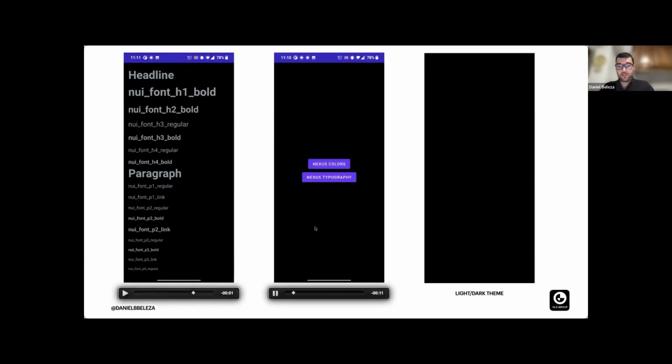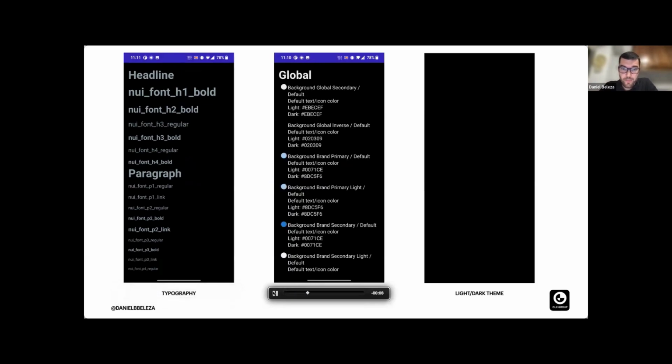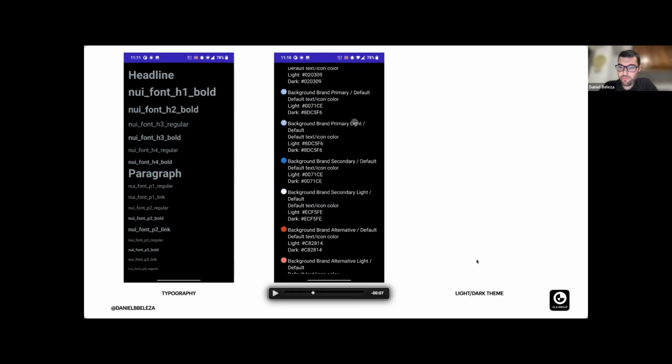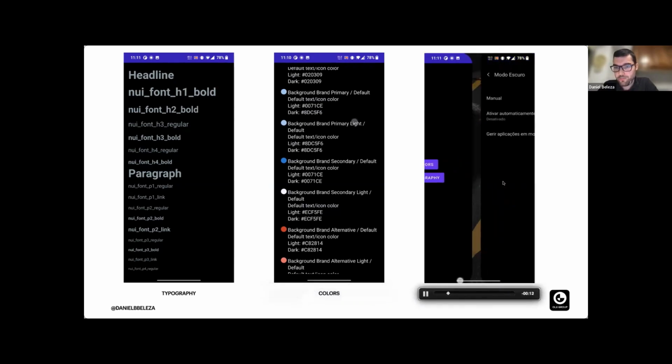Then we were able to create a list of all the colors. Notice the one that says background brand primary default, the top, the blue one, and that is because you will see that the light color is different from the dark one. And if we go to the third demo,